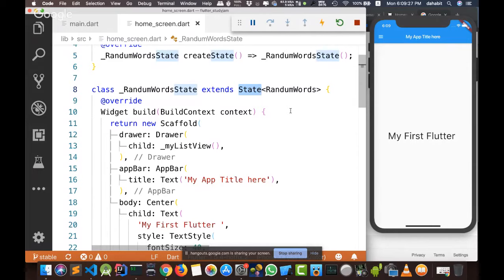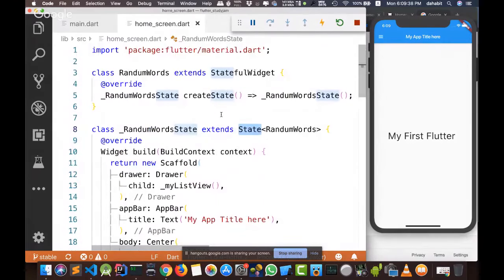But for now, because we are running out of time and we need to cover a lot of material, we will continue. I want you to understand that stateless means dataless. It's only one class, and you have a build method. This build method is responsible for building all that.